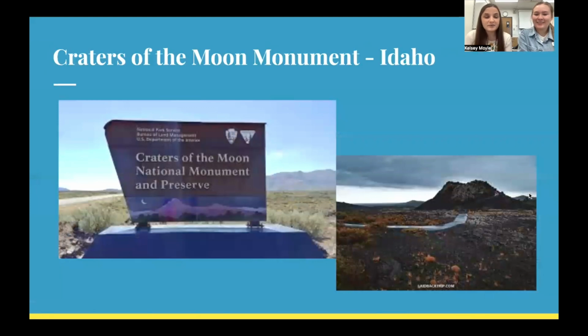This last one that we have is called the Craters of the Moon Monument. It's located in central Idaho, and a lot of times we have monuments and statues to remember people. But for this specific monument, we have it to preserve a certain part of land, to preserve this environment. Here at Craters of the Moon, this is where lava flows and craters are found. It's preserved for the people to enjoy. That's why this monument was created, to preserve and protect this certain part of land. Yeah, that's it. Awesome. Okay.